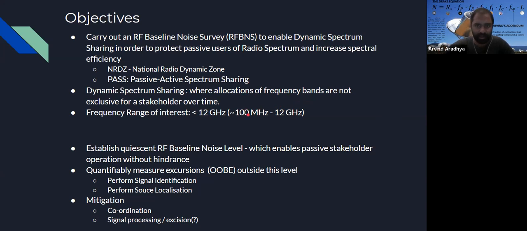But our particular task right now is to just monitor the background. So basically, put up listeners everywhere and look across the spectrum in the frequency range we're interested in and see what the current baseline is. The idea is we will establish a background activity and say, okay, this is what quiet is circa 2021. Going forward, if the FCC has to issue licenses, we have to make sure that whoever is requesting a license will always transmit below that noise, or when they're not supposed to be transmitting. So that's the idea of the overall infrastructure that we're developing.